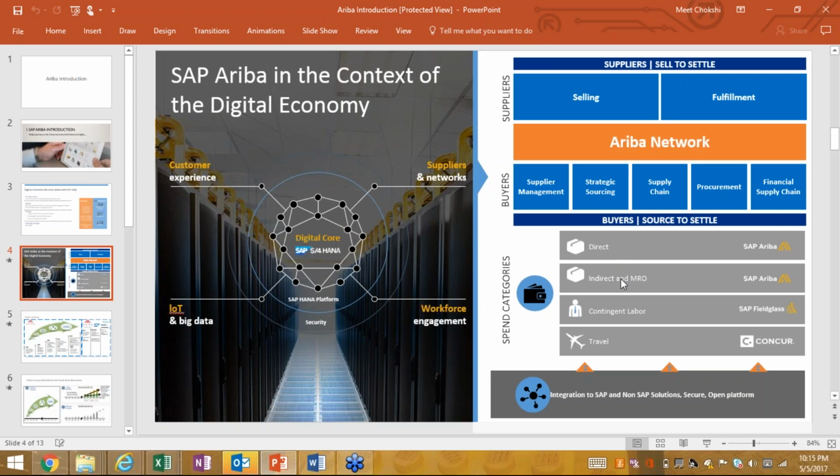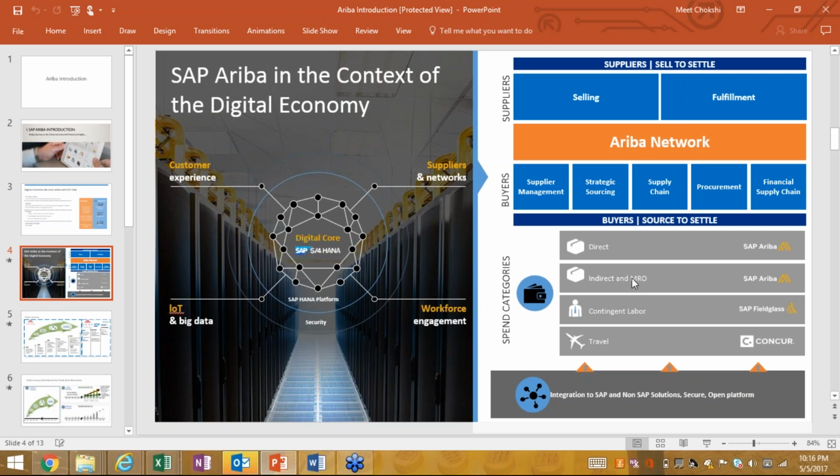From the buy side, earlier Ariba was mainly supporting indirect procurement, right? Similar to SRM. What SRM was earlier was indirect procurement, and then they came up with direct procurement, where you can procure materials and everything.